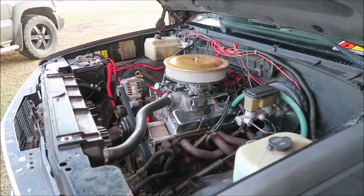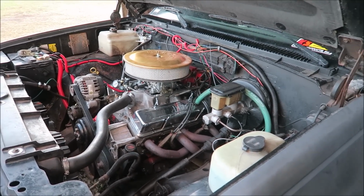I know a guy who has a pretty much complete 383 kit. We just need to come up with a block or machine this one. And we talked about putting a 383 in it. Because of all the stuff I'm doing with LSs and everybody else is doing with LSs, he's been like, why don't we just put an LS in it? And I'm like, man, this truck has to stay old school. As much as I adore the LS engine and the LS platform, and they're just so easy to make power, this truck just has to stay old school. So I think realistically the thing that we're gonna go with is another small block,